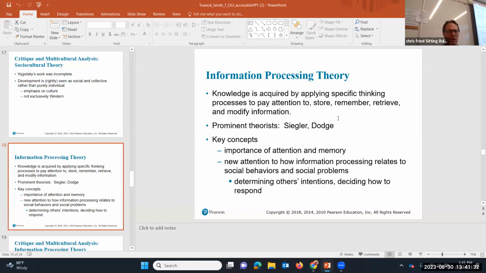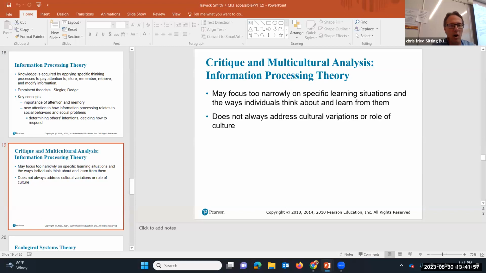Young kids do things different ways. They may look to a certain spot. You might sing a song to remember something, right? If I want to remember how many days are in the month of August, I use the 30 days hath September, April, June, and November, and then I can remember which one. So there's different ways that we go about doing it. This theory says that we all do that in one way or another. One critique of this does talk about it might be too narrow, right, in regards to specific learning situations